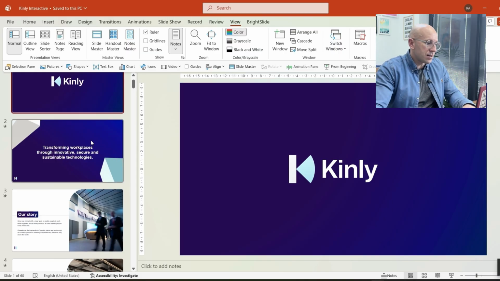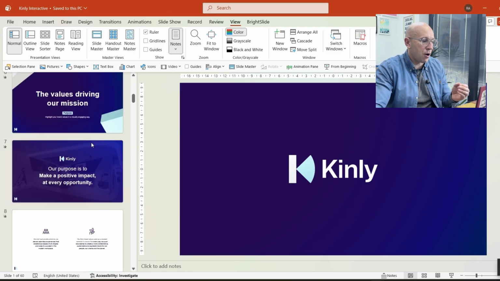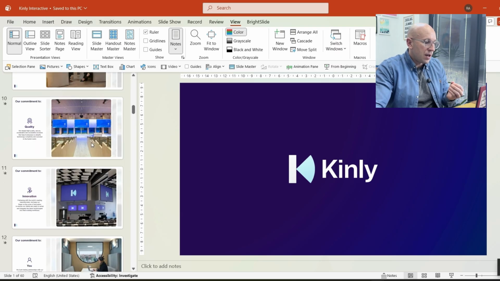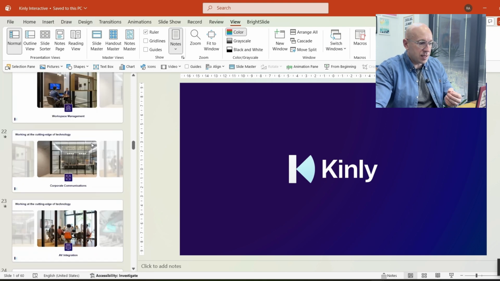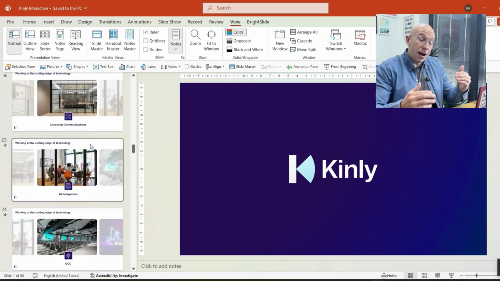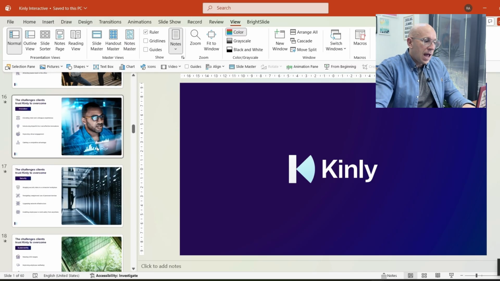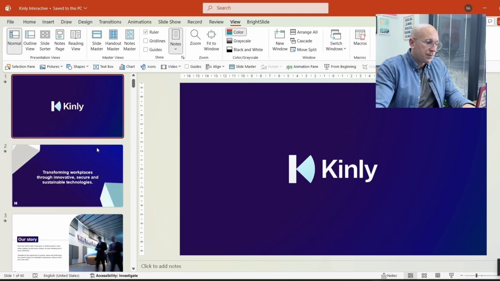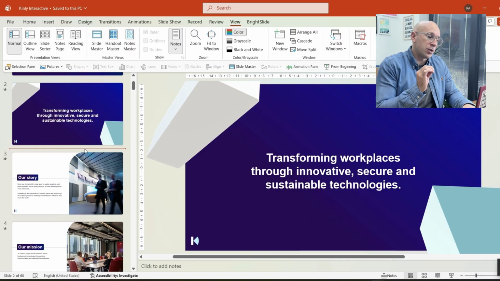So I can see as I go through this that there's a really obvious kind of about us section at the start, then we move into values, then we talk about challenges and solutions and services, and it's really obvious how the content can be broken down into different sections. So that's really important to make sure that that's clear in your presentation. And once you've got that, you can then start to split up the sections of content by using the sections